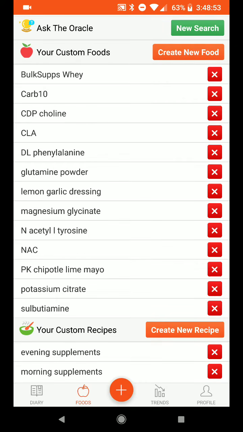Going down, custom recipes. This is where, like, the two that I have, evening supplements and morning supplements, those are things I take every morning no matter what. So I put those in as morning supplements instead of every day having to go in and find the B vitamin and the kelp and the copper. I just put those in as a recipe, so it automatically goes boom, boom, boom, and enters them all in. If you're doing grandma's homemade chicken chili recipe that you love, and you're making that all the time,